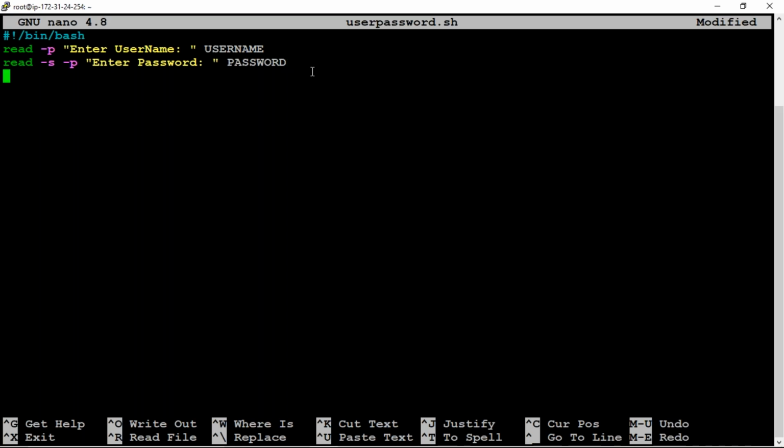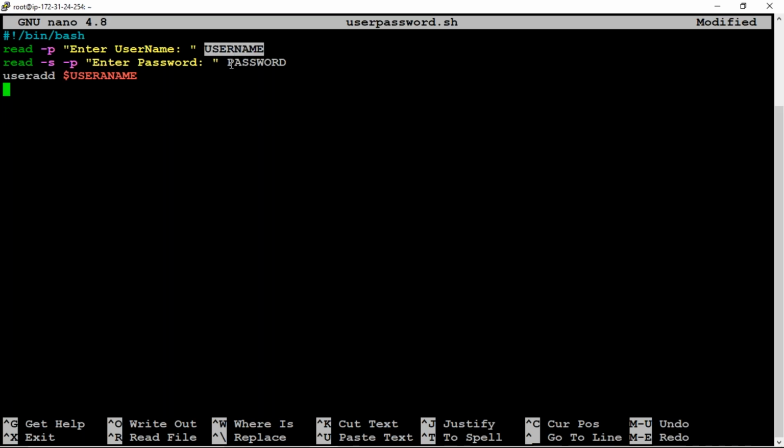Next, we need to add that user to our particular file. So how to add that? useradd, that variable name. And next, for the password change we need to match this username.